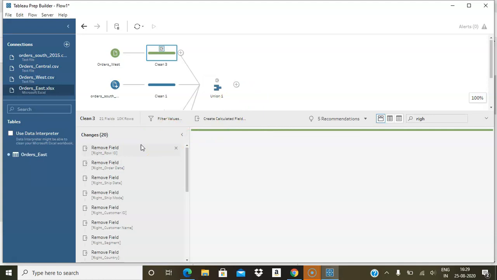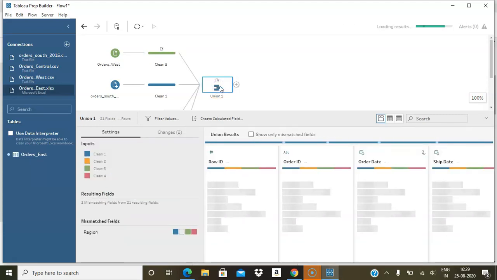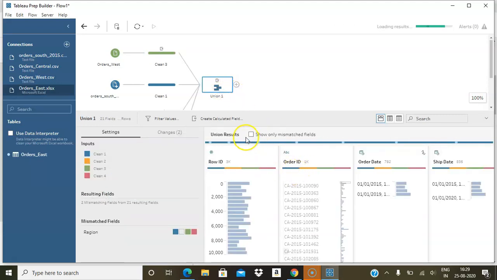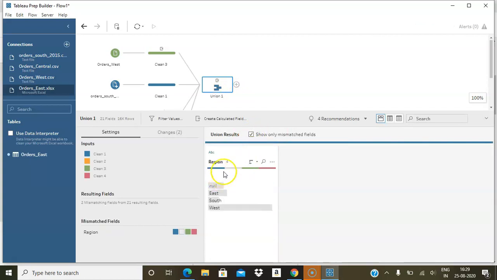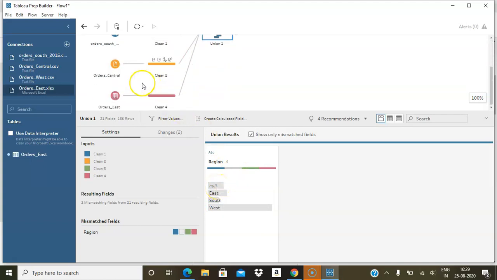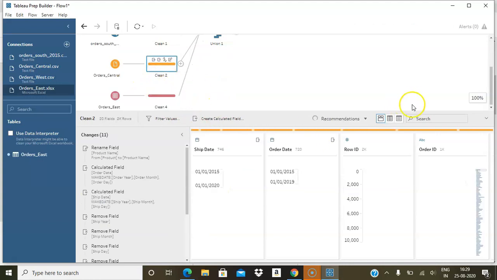Now you can generate the output. I'm naming it superstore data. You can save the file as hyper or CSV, and just run the flow.